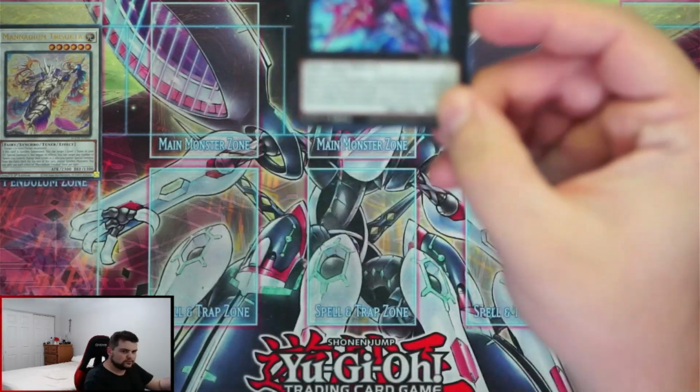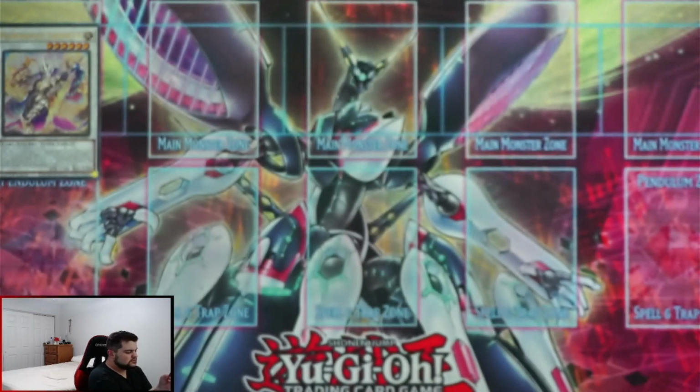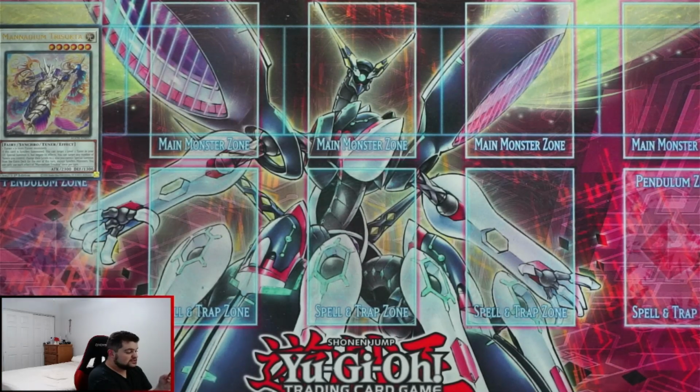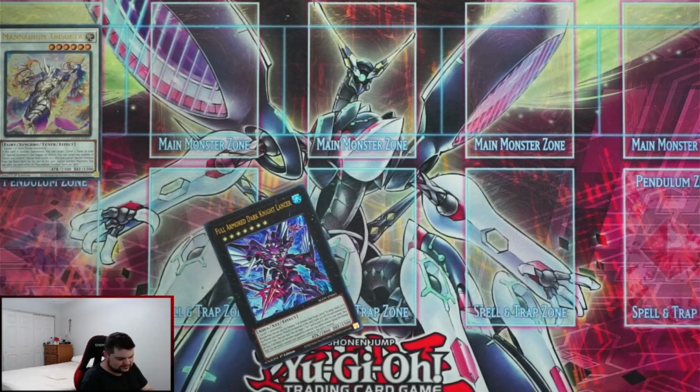And then obviously the rare that we had was that Fully Armored Dark Knight Lancer. Requires 3 level 7 monsters. Once per turn, you can also exceed summon this card by using 1 rank 5 or 6 monster you control, transfer materials to this card. Gains 300 attack for each material and equipped card it has. Once per turn, you target 1 Xyz card in your graveyard. Xyz card? Interesting. I wonder if that implies, like, if the name has Xyz in the name. Or, hold on, let me see something. That Xyz in Trust, does that count as a...